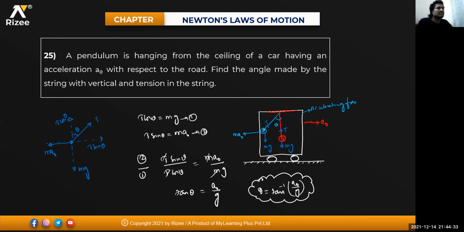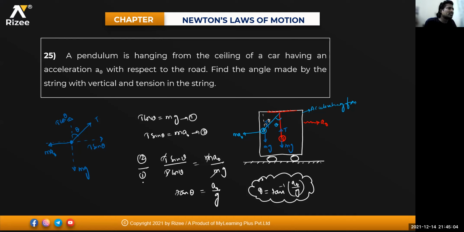Okay. Now at this position, the tension in this one is T. Weight of the body is mg in the downward direction. Isn't it? So now I have taken the FBD for this one here. This is your mg. This is your tension T. This is theta, that means with the vertical, this is theta. So T cos theta, T sin theta. Weight of the body is in the downward direction, mg, and m into a naught is in this direction. T sin theta is balancing m a naught. T cos theta is balancing your mg.